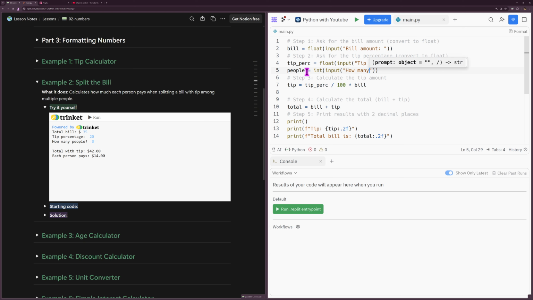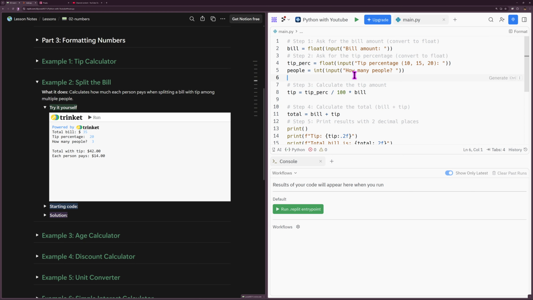How many people? And after the total we get a bill per person. Let's say per person, and we just divide total by people,